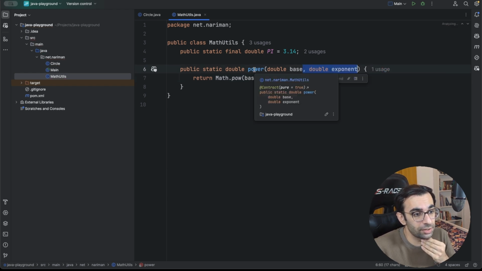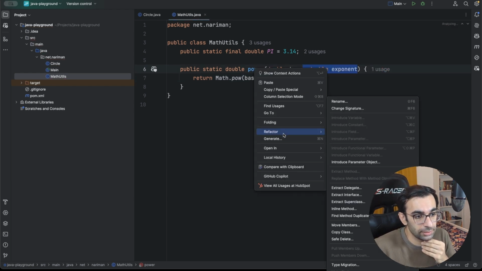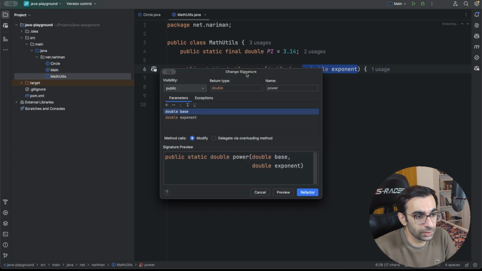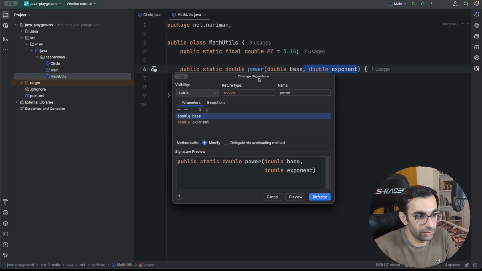I can click here on power and then go to refactor again, and you can see there is an option called change signature. I will click on that, and here basically I can do everything. I can change the return type, I can change the visibility, I can change the name of the method, and I can also modify the parameters. I will change the name to square,